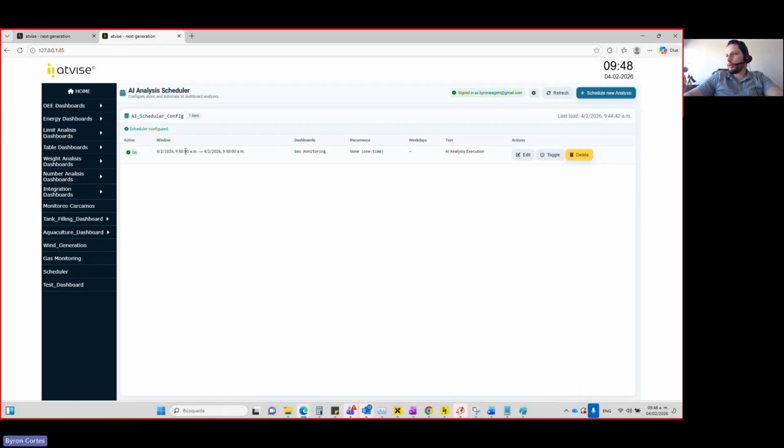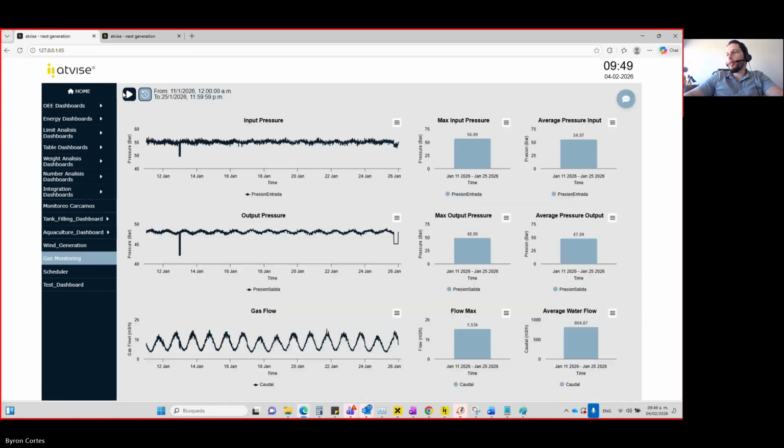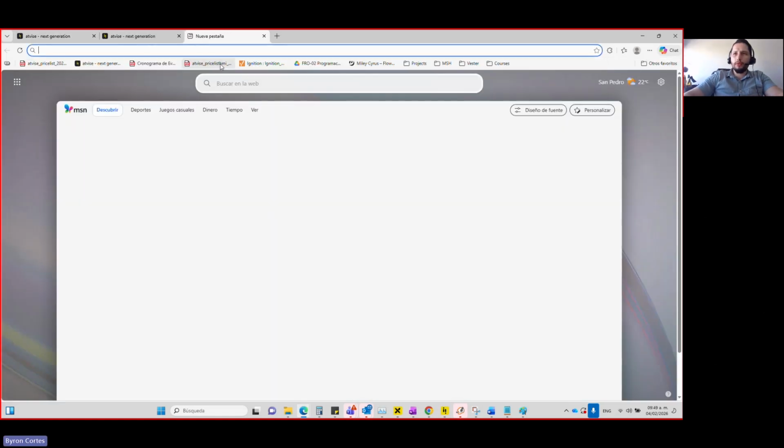We have scheduled the gas monitoring, and we could create multiple reports. And the AI agent is going to be doing all the analysis by itself. So we have scheduled this. We will see later the report. It takes a little bit of time. I mean, the data analyst would take perhaps a week analyzing the information. The AI agent, it's going to take 5 minutes. So we need to give it some time, right? It's reasonable.